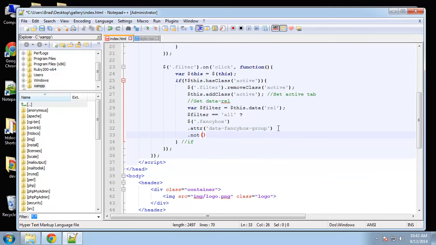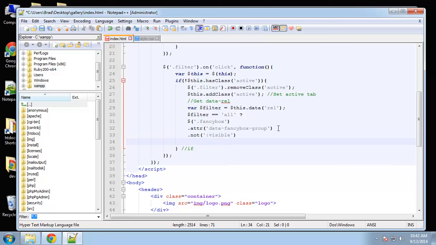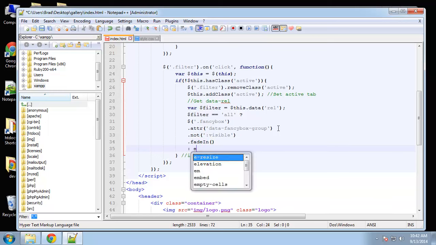Dot not visible. Basically, we're just resetting everything to the default, which is showing all images, and we're going to fade that in. All right, now else,